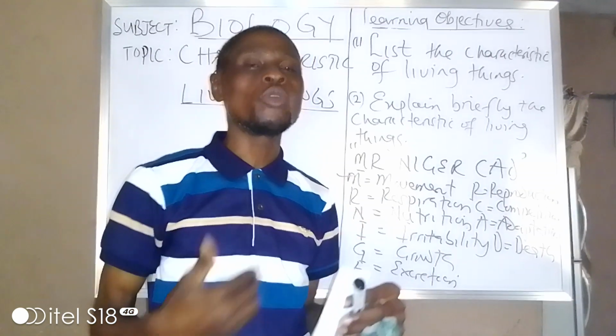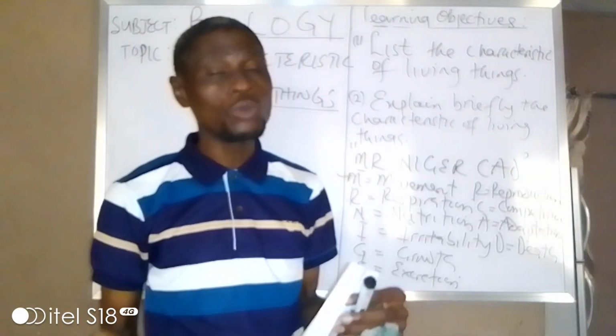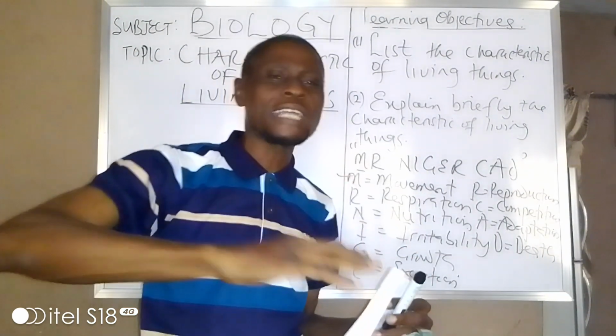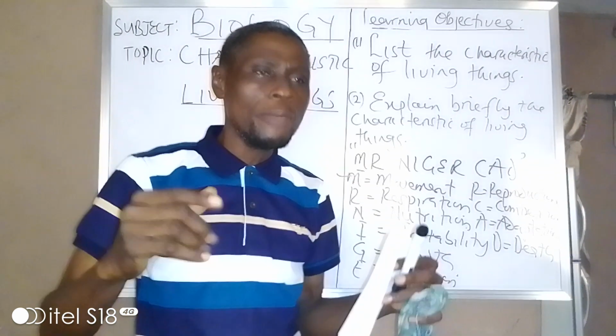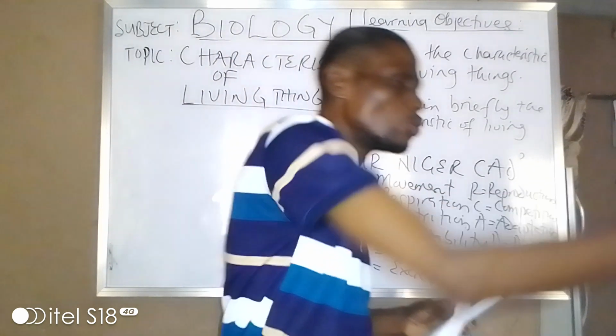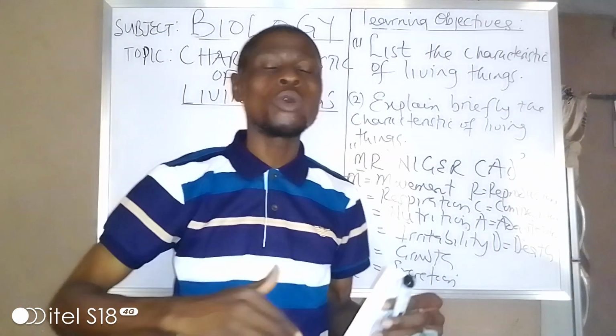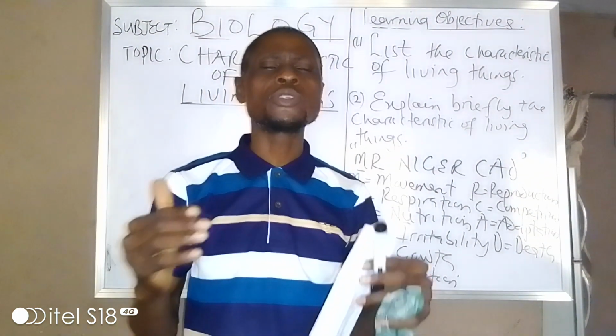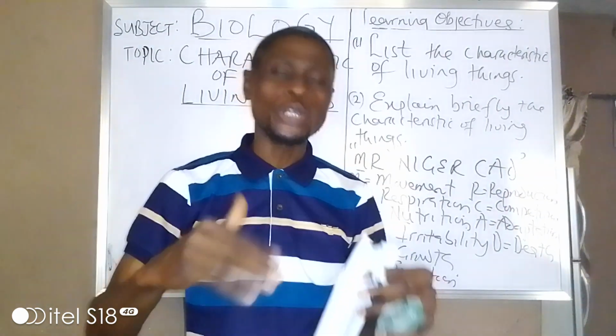We human beings carry out what? Movement. What about plants too? Plants also carry out what? Movement. Maybe moving certain parts of their body. They may not easily move from one place to another, which means that the part of their body is also moving. So living things carry out what? Movement, one way or the other.